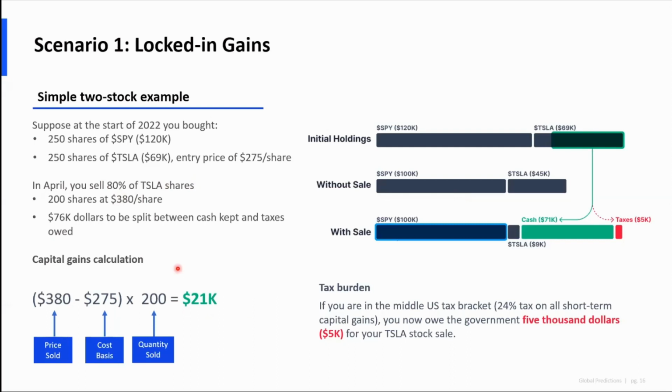Then play the movie forward to the end of the year. This is what our aggregate holdings look like. We have the same amount of SPY that we had before, but because we've made some trades, we have a little bit of Tesla left. We have a bunch of cash from the sale of the Tesla stock, and that cash is $76,000. But unfortunately, 5% of that is actually owed to the government because we basically have a naked capital gain there with no offsetting losses or anything like that.